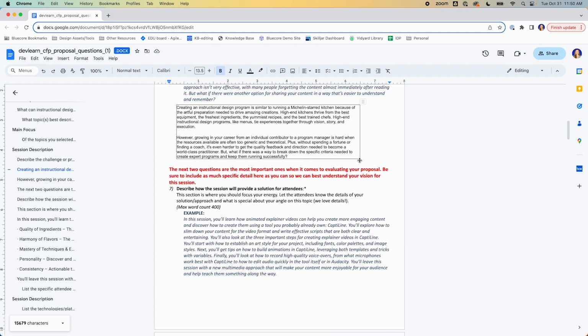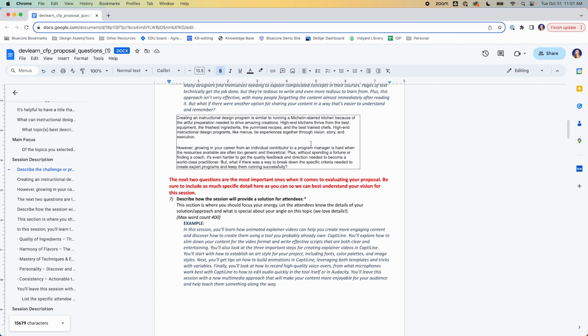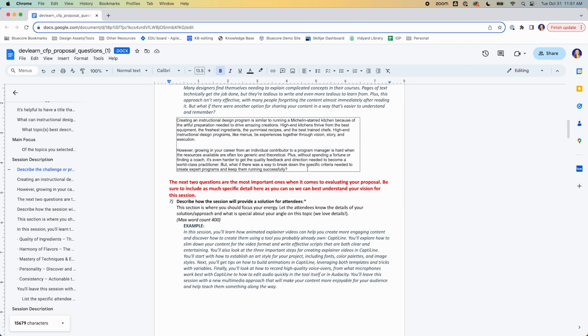These are the two things that someone on the other end is actually going to read, and this is how they're going to make their decision of whether or not they want to come to your session. So again, you want to make it very buzzy, very marketing-ish. You want to really get people in, but do it in a way that's still going to be accurate to what you are actually presenting.